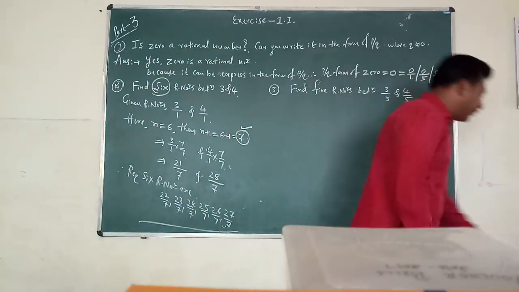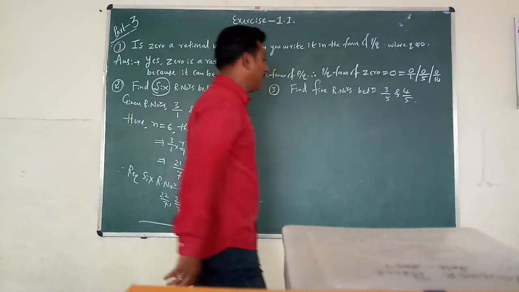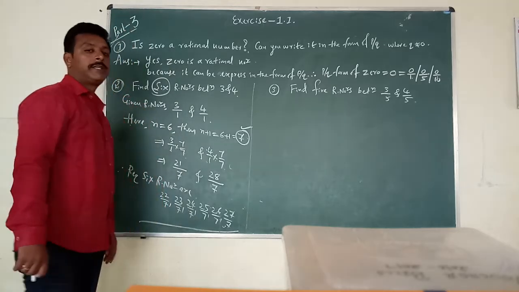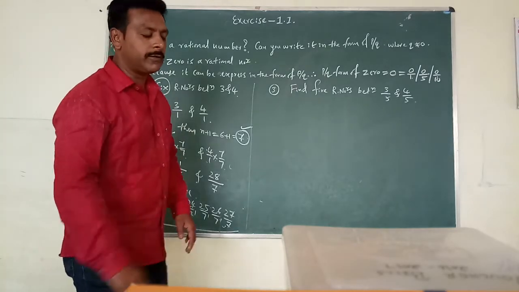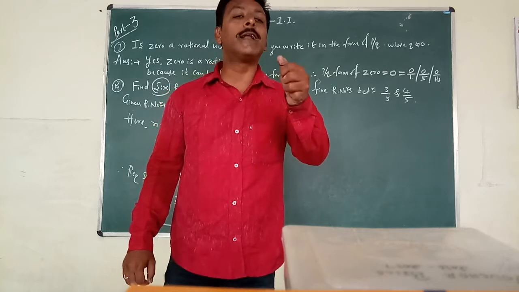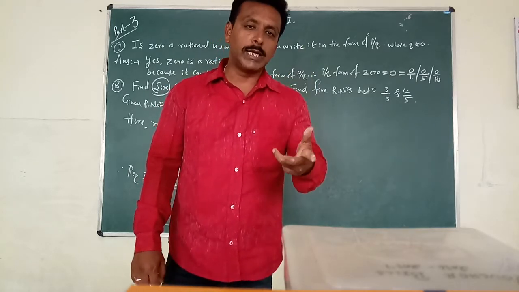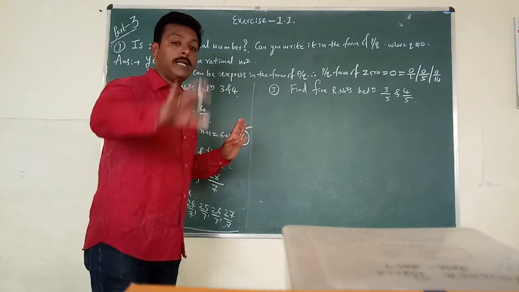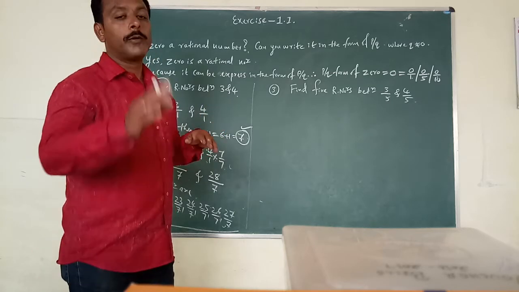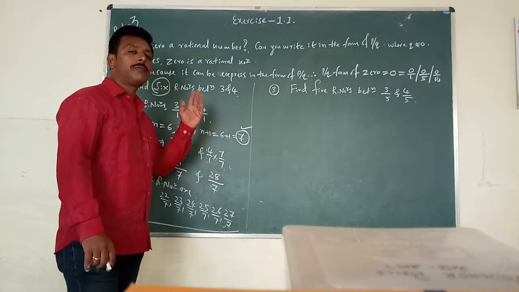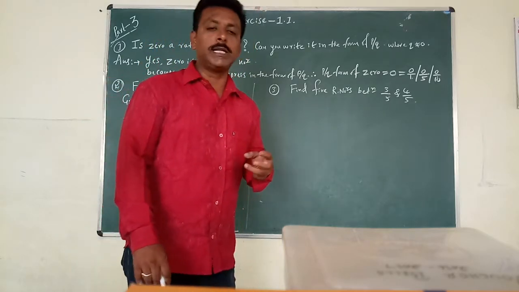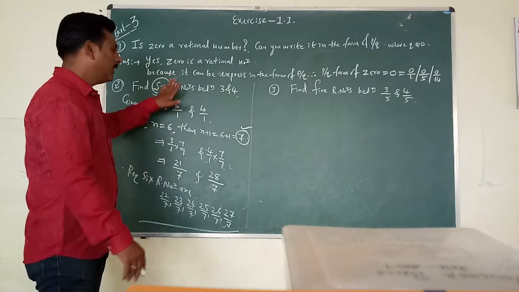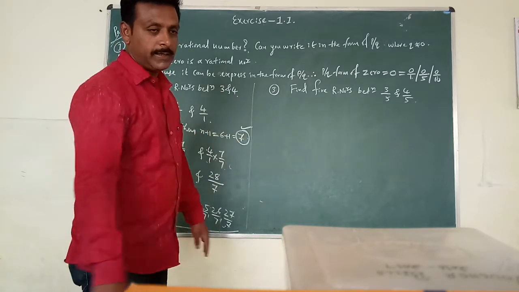Similarly, we have one more sum here. That is question number 3 from your textbook. You can ask me, sir, can we do that average method? That also you can do. But I want to give you one suggestion. Whenever they are asking find one rational number between given two rational numbers, or maximum 3, you can go with that method. If in your school they explained it. Okay. Probably they are going to explain this one only. If they explain that, एक या दो या तीन रैशनल नंबर तक वो मेथड करो. 3 से ज्यादा आया तो that is going to be very lengthy. That's why this is quite an easy and happy method.